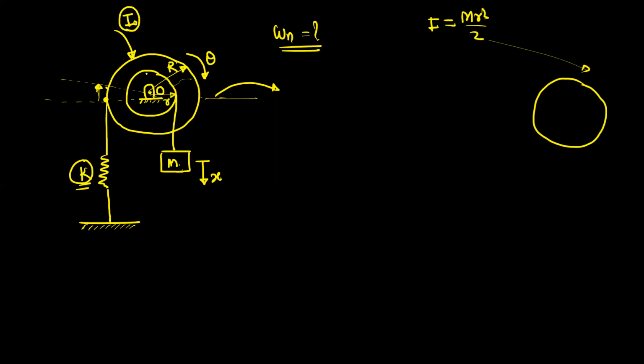Okay, for a very small angle theta, this point will be just above, the second point after deformation. So let us take this as m, and this is m dash. Okay, so they will be on a straight line only for very small angular displacement theta. Okay, so we have to find out this displacement so that we will get the potential energy, and then use kinetic energy plus potential energy is equal to constant and find out the omega n. So try to solve this problem.